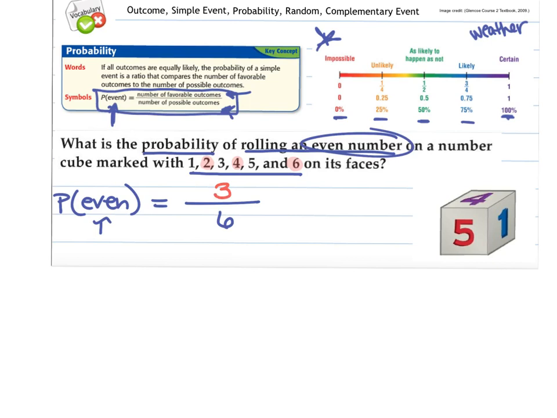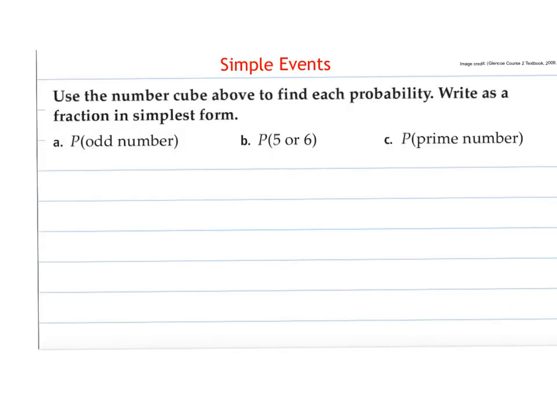So that means there's a 3 out of 6 chance, which we can simplify. Those share a factor of 3. There is a 50% chance, it's as likely as it is not likely, to roll an even on a number cube. So if you feel ready, go ahead and give it a try. And of course, try these in real life. Find something around your house that you can do.